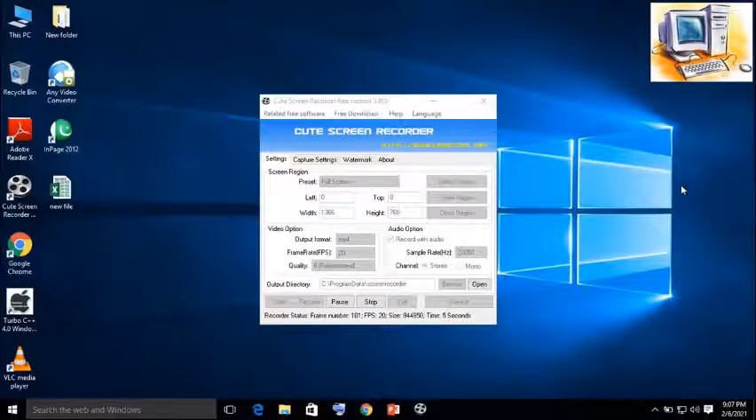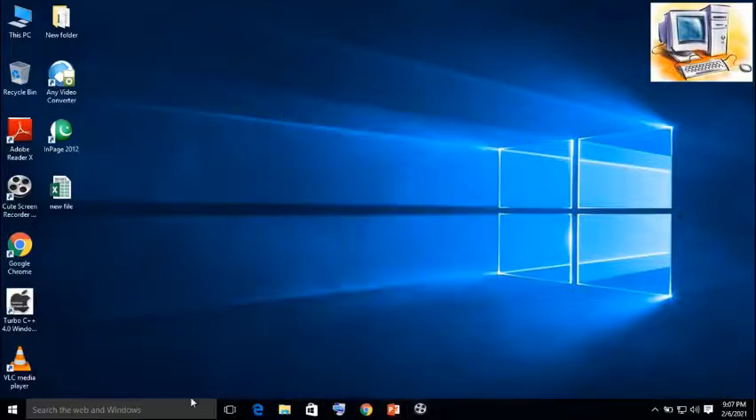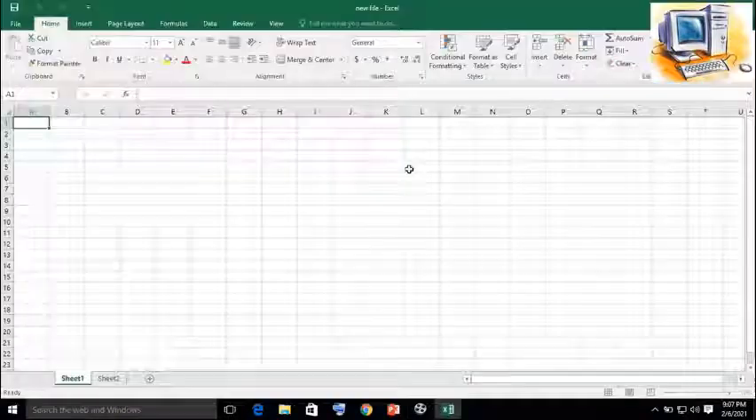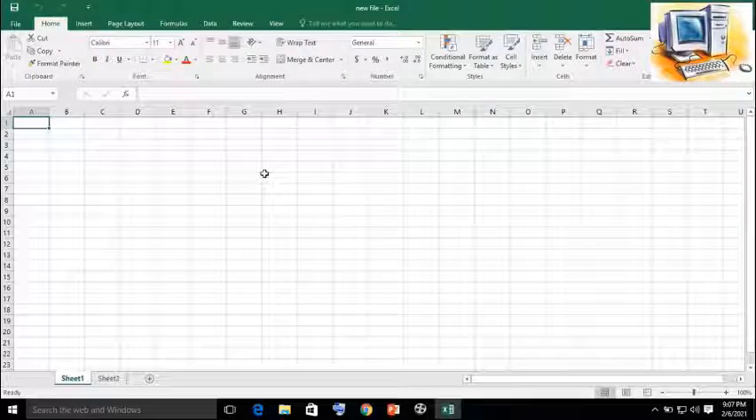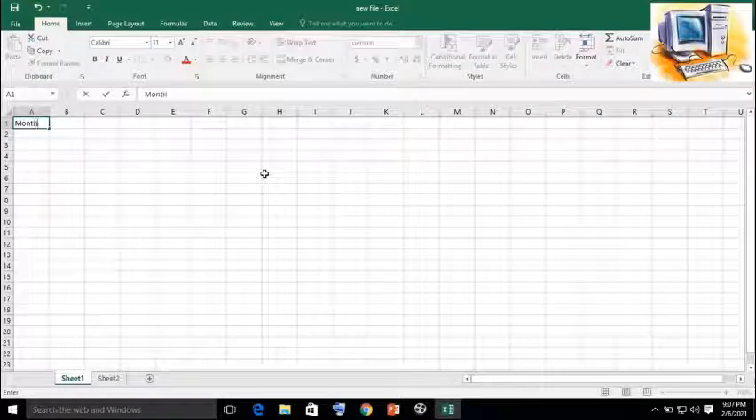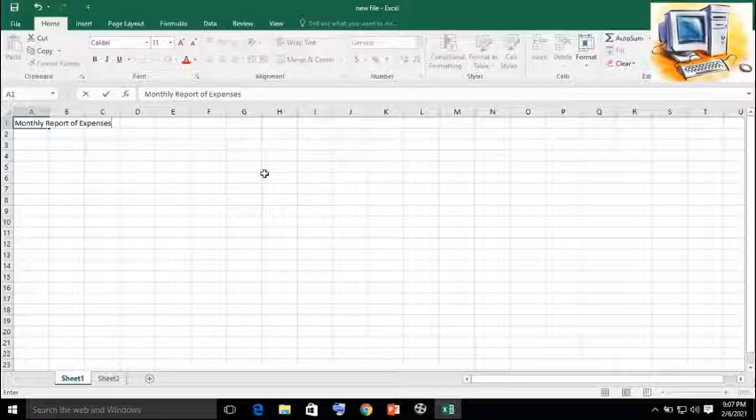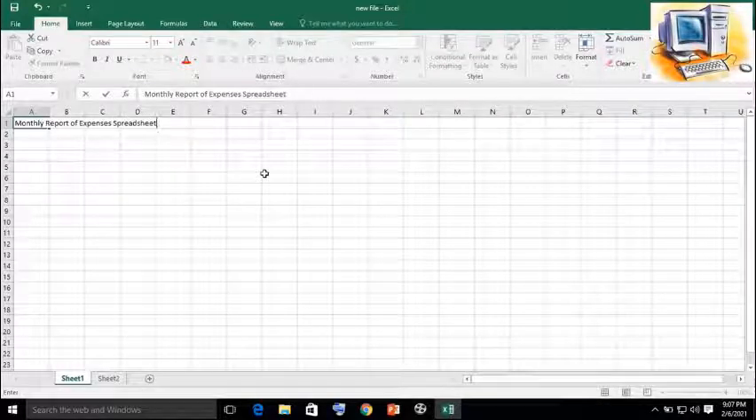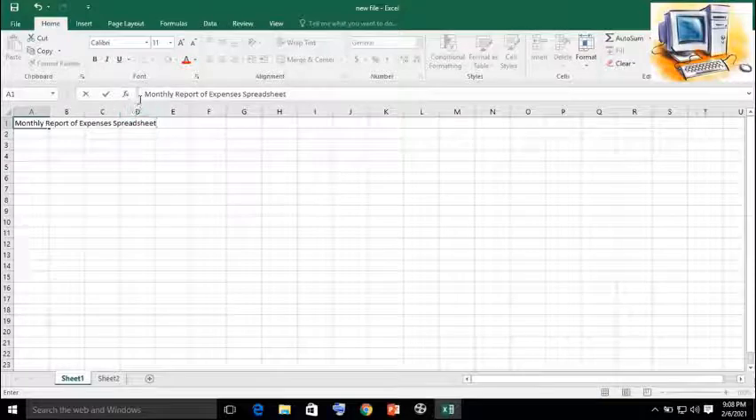Okay, now we will see how we can solve this example in MS Excel. We will open a new Microsoft Excel file. Okay, first we will write the heading, that is monthly report of expenses spreadsheet. Okay, so it is enclosed in